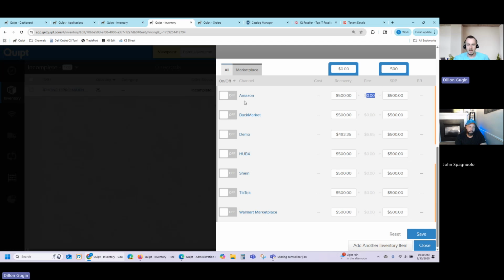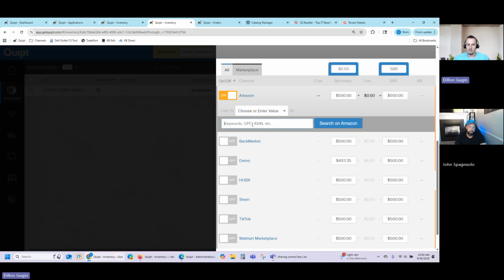Like I said, right when you're building out the product, you can activate these. If you want to link it to a specific ASIN, you can put in the ASIN here, and Quipt will then point it to whatever ASIN you want this item to be for sale on. Apple, particularly, if you're an Apple seller, you know how difficult it is to sell Apple on Amazon, let alone create listings for Amazon on Apple. So being able to link to pre-existing listings that you can just add to